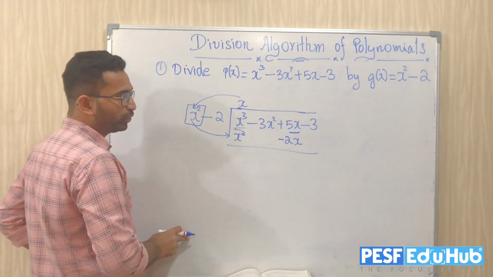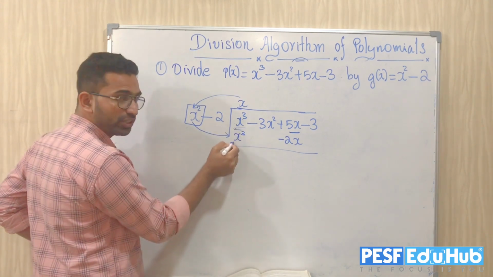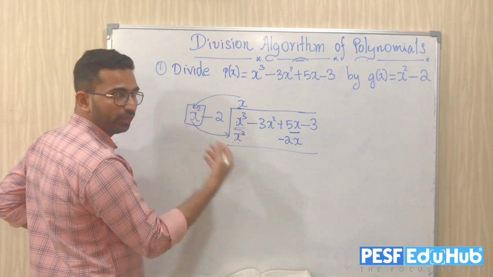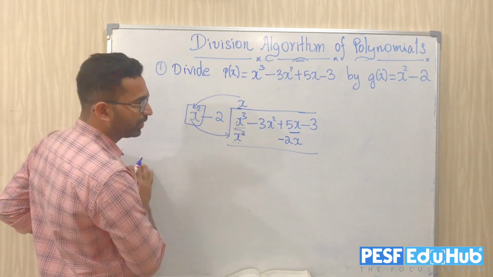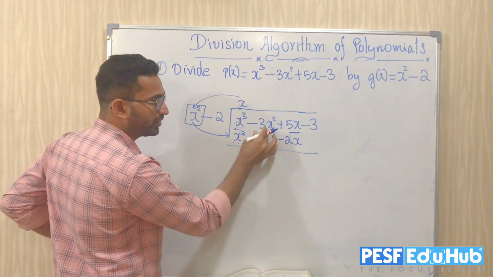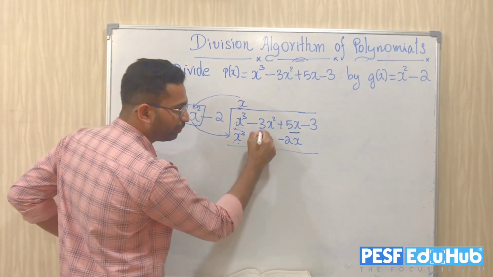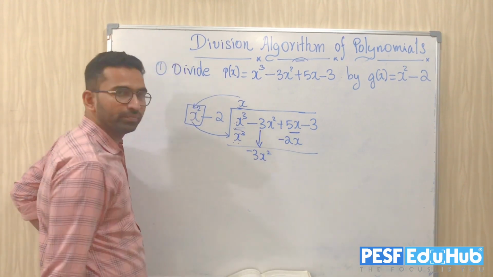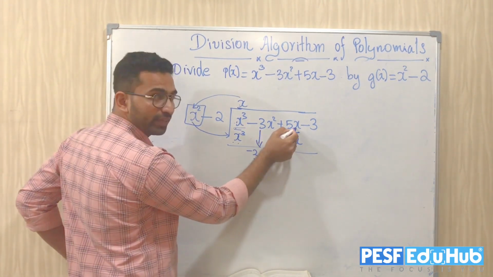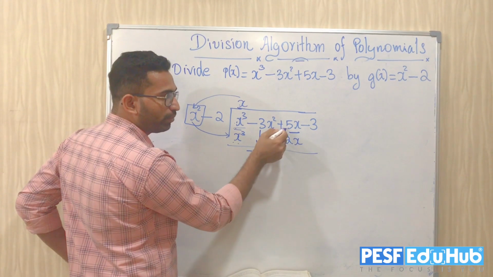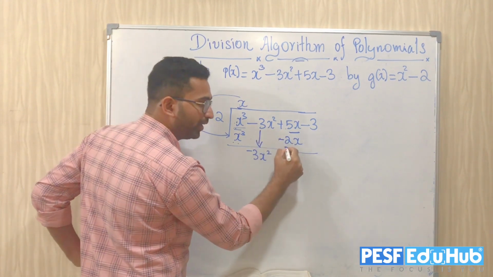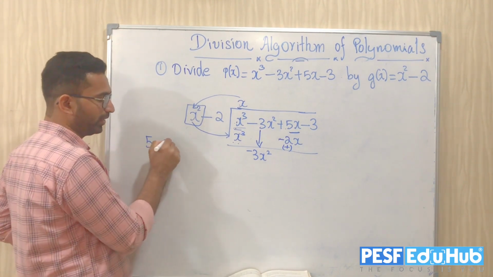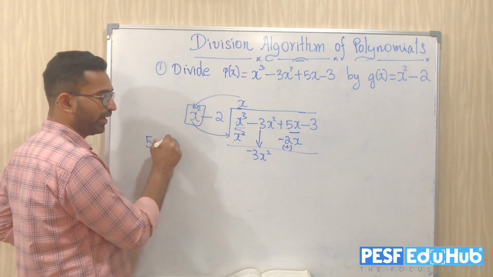Anyways, as I told you, when we move from this step to the second step, what will happen? X cube minus x cube, anyways it should disappear. It's disappeared. Then what is there? Minus 3x square is there. I have nothing here to subtract. It means this will come here again as minus 3x square. So I have a plus 5x here. I am subtracting 5 minus minus 2, it becomes addition, right?